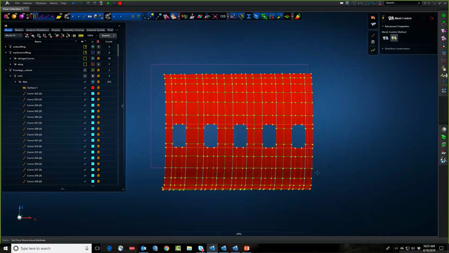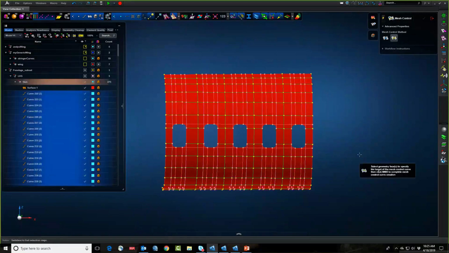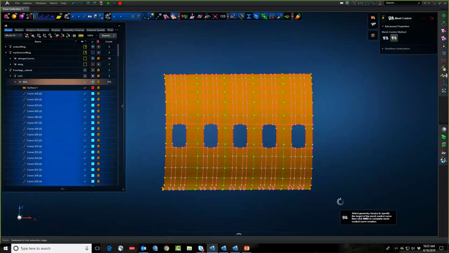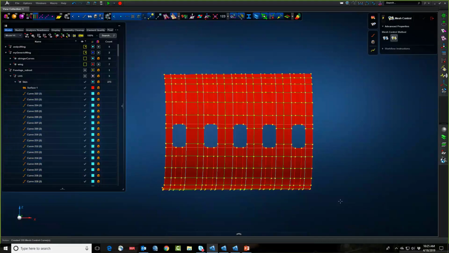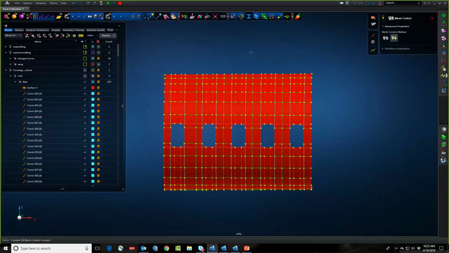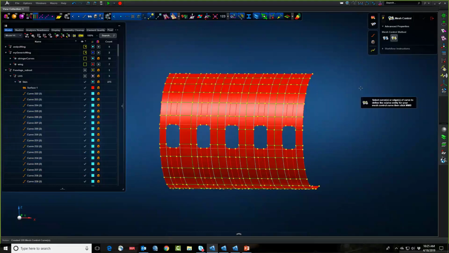So I'm just going to drag box. I'm going to pick all the curves, and I'm going to pick all the surfaces. And Apex automatically figured out which curves go with which surfaces. And I will get the mesh control curves where I want the mesh control curves, okay? And I actually,